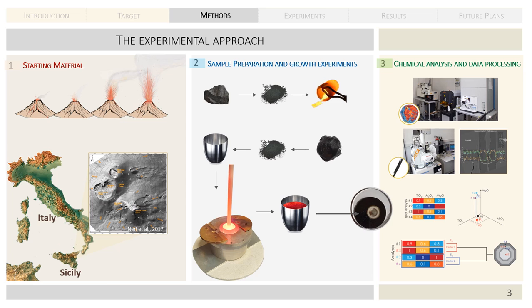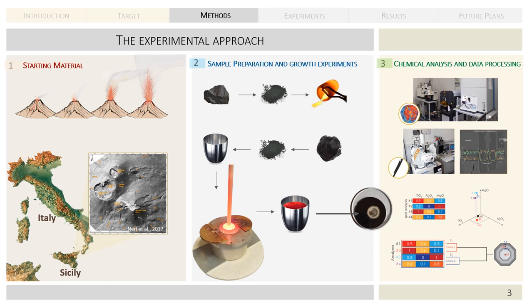We produce homogeneous glasses from the natural samples by multiple steps of grinding and melting at superliquidus temperatures. At that point, the glass powder is ready for the growth experiment. The final product of each experiment is analyzed for major and trace elements by using electron microprobe analyzer and laser ablation ICP-MS respectively, and the resulting chemical dataset will be analyzed by unsupervised learning methods such as clustering, for example. The final goal of this step is to test and improve a new tool for sequencing mineral zoning based on